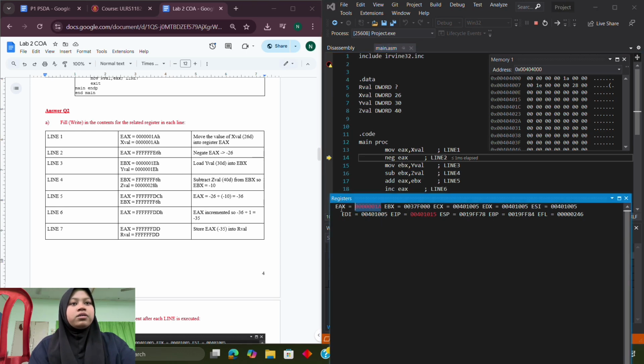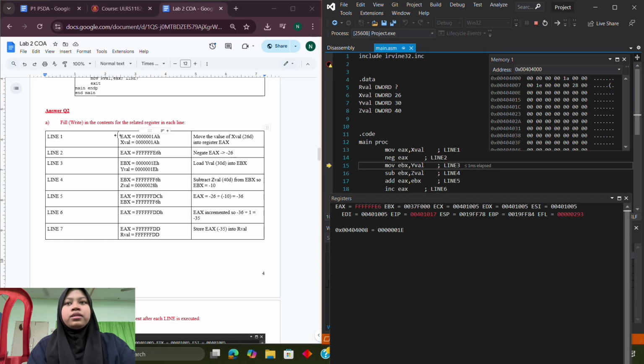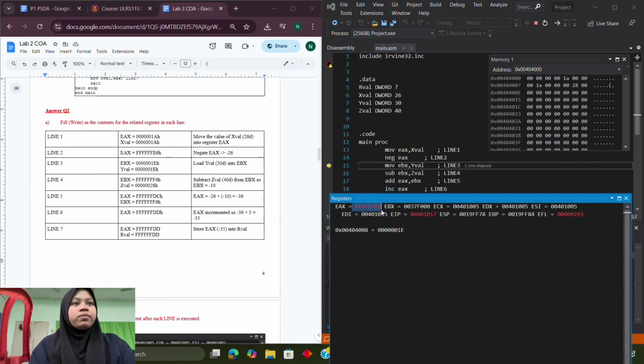So EAX becomes the x value from before, and then we execute again to line 2. Line 2, we need EAX. EAX was declared by this one, FFE6, because we negate the EAX, making it negative by 2's complement. And then line 3,